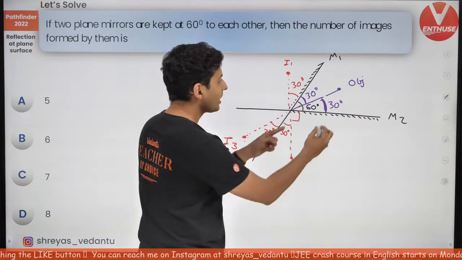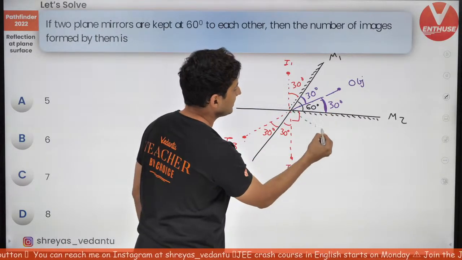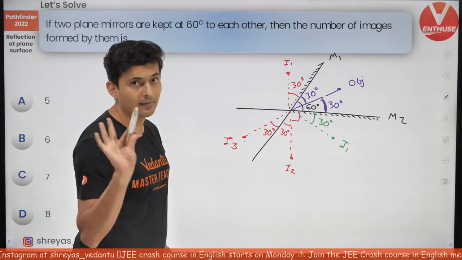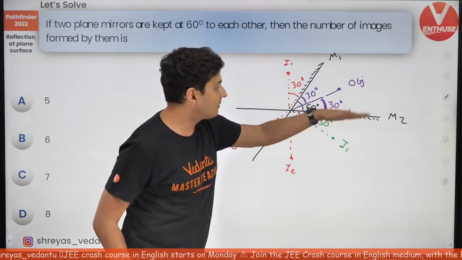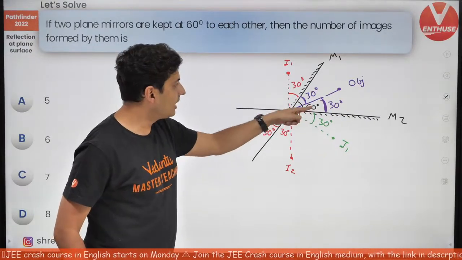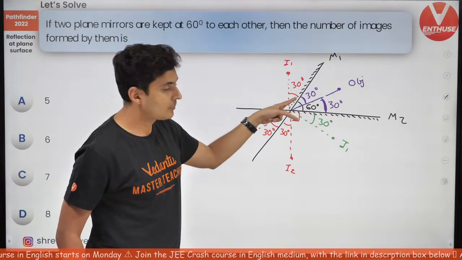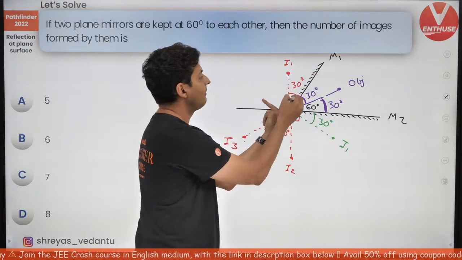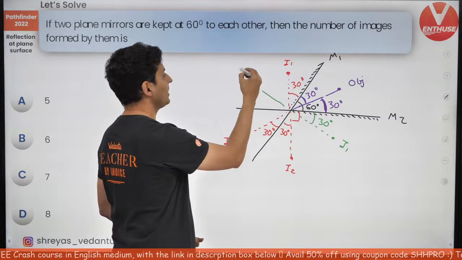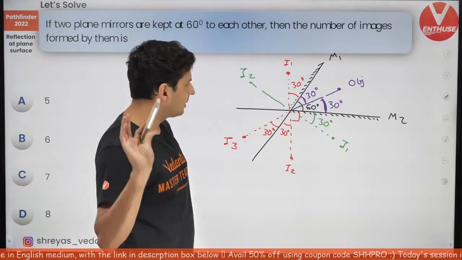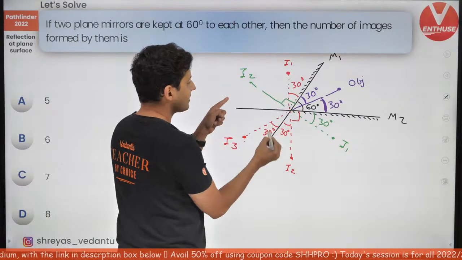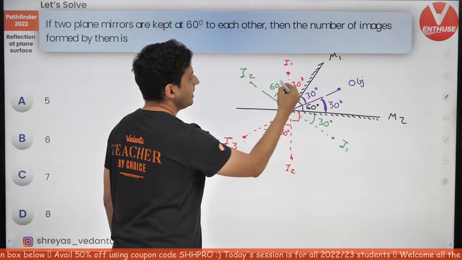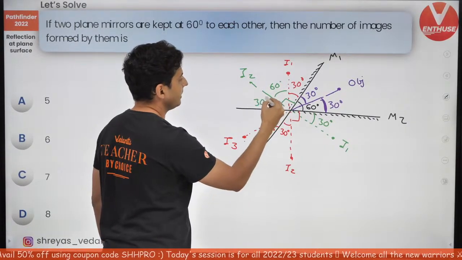Observe it carefully. This object will get reflected here exactly 30 degrees. So this will be 30 degrees. So you will get one image over here, I1. This is the first image because of the first reflection from the mirror. 30, 30, 30. This is 90. This is 90 degrees, the green and the black line. This image will be reflected behind M1. So you will see another image over here, I2. Fair enough? Okay. Now this is 90 degrees. If this is 90, think about it. This is 30, this is 60.